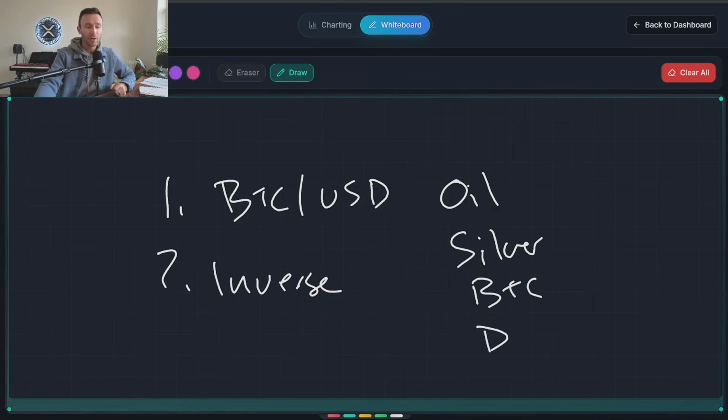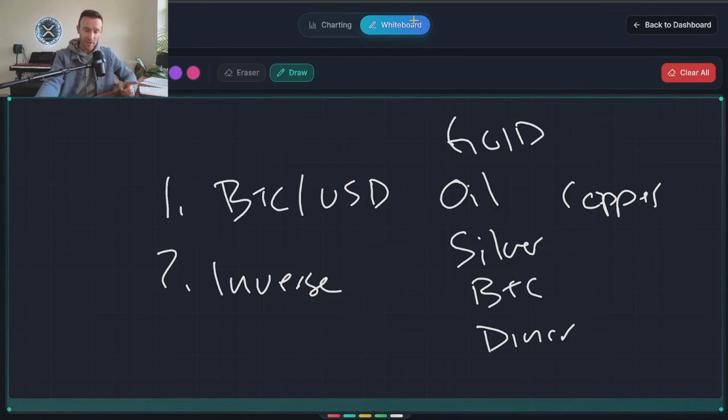But if you take this and you look at oil right now, you look at silver, you look at Bitcoin, you look at the dinar, you look at gold, and you look at copper, do you guys know what the next emerging market is based off technical analysis, not based to just its fiat pair, but based to its inverse correlated asset class? I bet people don't know this. So that's why I'm doing a masterclass for you guys today.